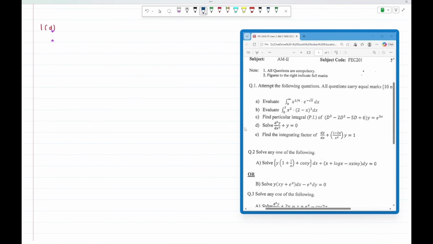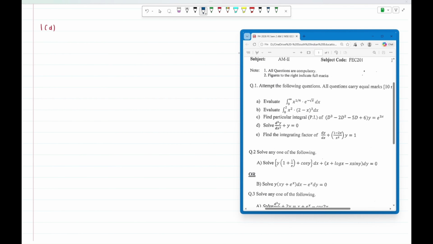In question 1d, we are required to solve the differential equation which is given by d cube y over dx cube plus y is equal to 0. So the first thing which we are going to do is write down the auxiliary equation. So the auxiliary equation is